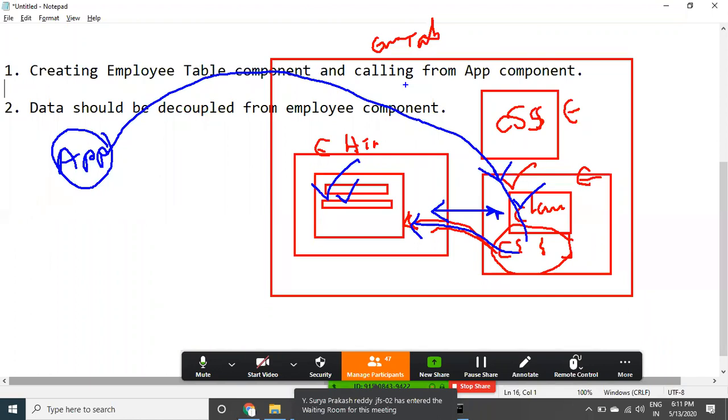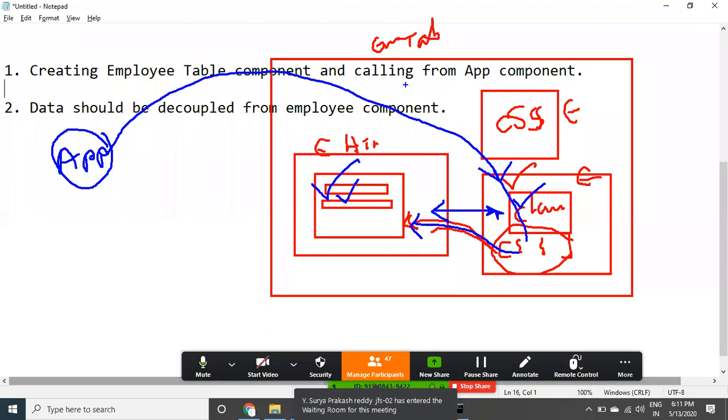From the app component, I'm going to provide employees to the employee table component. The same component is used for displaying multiple categories of employees, so you don't need to write multiple tables. You write only one table component, the employee table component, and it can be reused for different departments in our case.